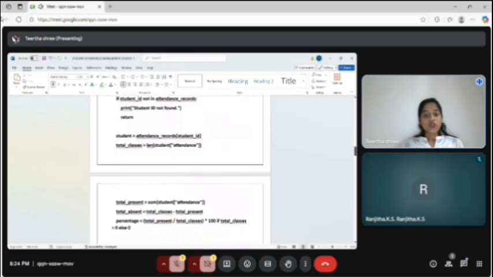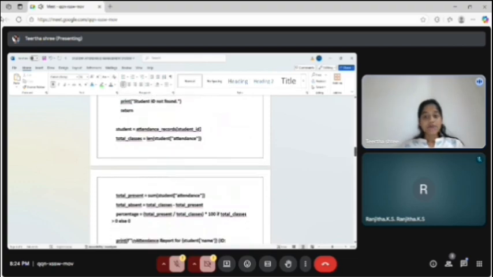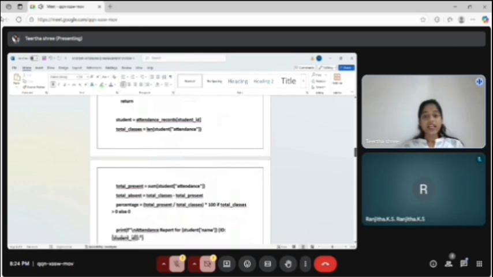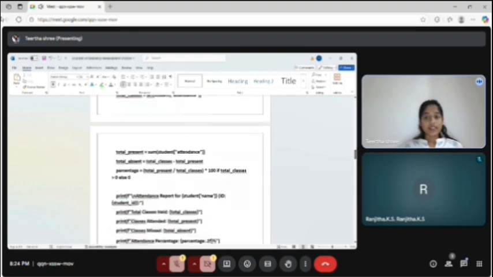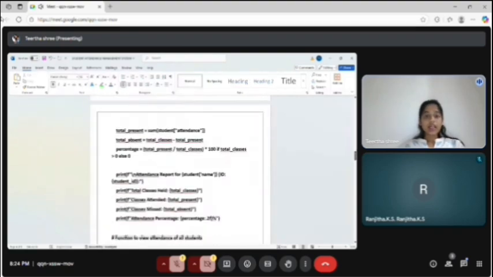Here the total classes absent, total classes present, attendance percentage, classes held, all the total percentage has been calculated, and data will be retrieved using this. Later, here the student attendance percentage will be calculated, and here dot 2f in this is an f